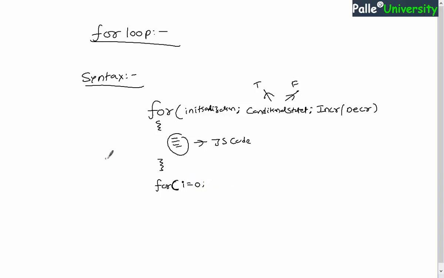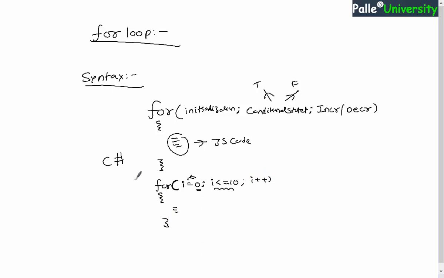Remember, if you are aware of C# or Java, or maybe another programming language, we would be writing int i = something. But here there is no question of using normal data types. You can directly use a variable with or without the var keyword. I have directly written a variable and assigned some data. Depending on your requirement you can assign any value, not only 0. After that, a semicolon, and let us say I have written i <= 10. So what is this? This is the conditional statement. Next, let us say I have written i++, open curly bracket and then end curly bracket.